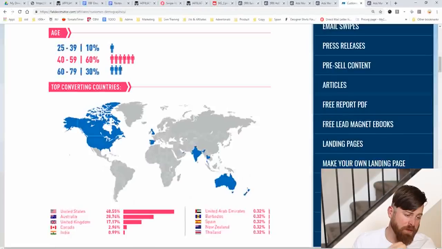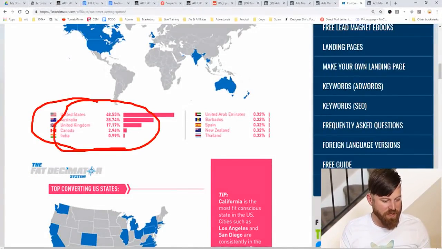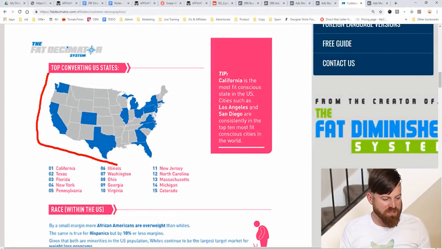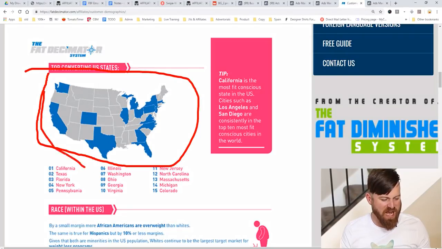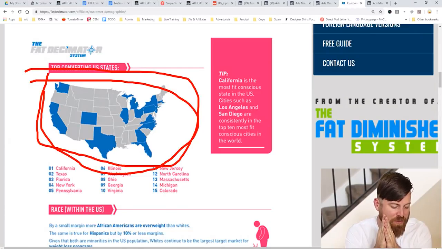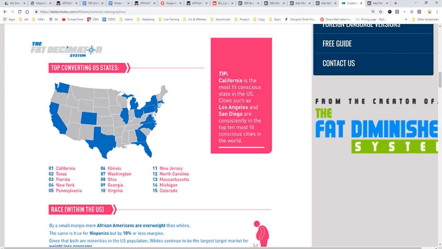We're going to keep bringing this down, and we're going to get this targeted until we have a working, winning campaign right here. So let's keep going. So here we are looking at the top converting countries, and we see United States, Australia, Canada, New Zealand are on the list. But here's what's even more interesting, the top converting states. We have some of the top converting states here. So if we wanted to really get narrowed down, we can actually just target the top converting states and give ourselves an additional advantage. So let's try to do that.